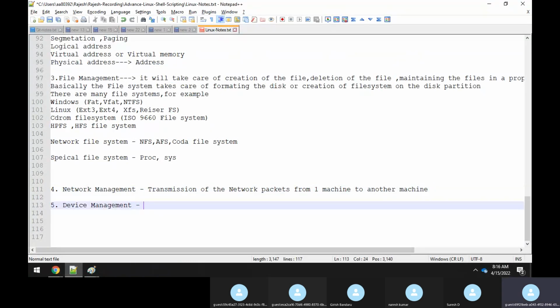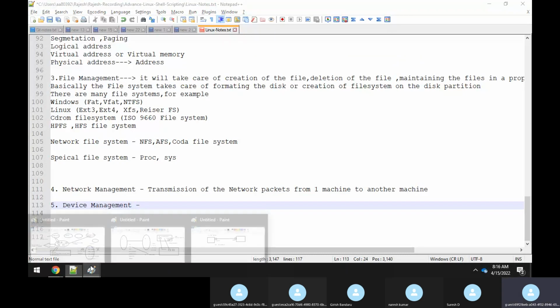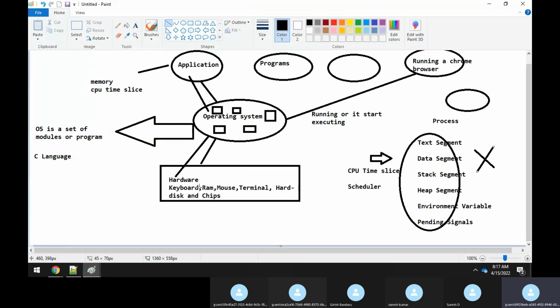Device management. Device management is basically something like this: suppose you have so many hardware devices, like a keyboard, RAM, mouse, and everything, right? Your operating system wants to communicate with each and every hardware. So how can the operating system communicate with each and every hardware? With the help of a device driver.